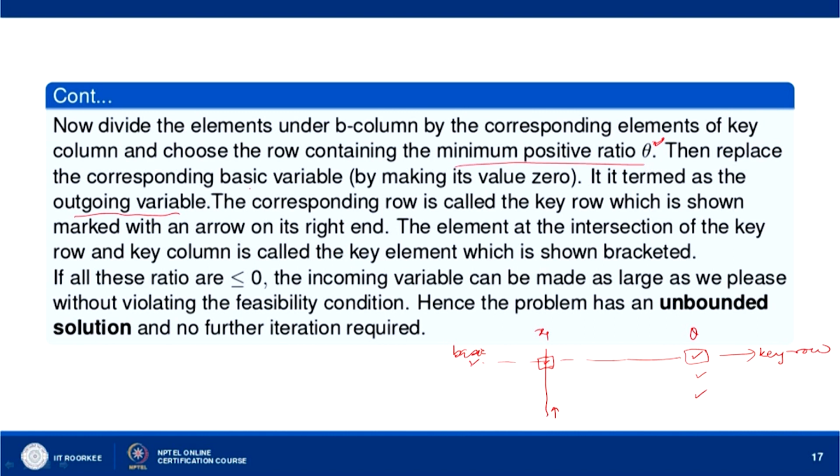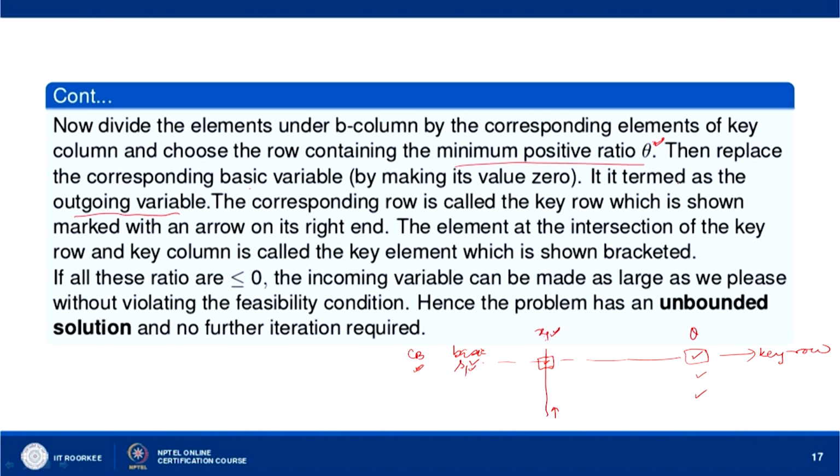Suppose this basic variable is S1. S1 will then be replaced by x1 in the new table, and in the CB column we will write the value of the coefficient of x1 in the objective function. Before this process, the coefficient of S1 was in the CB column. Now x1 is the incoming variable and S1 the outgoing variable, and the coefficient of x1 is put in place of the coefficient of S1. That will become the new simplex table.